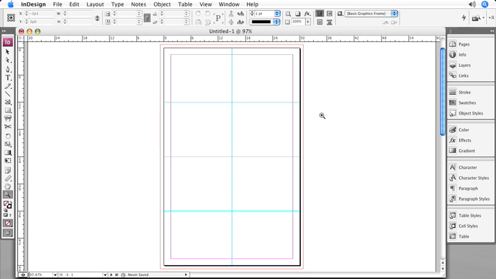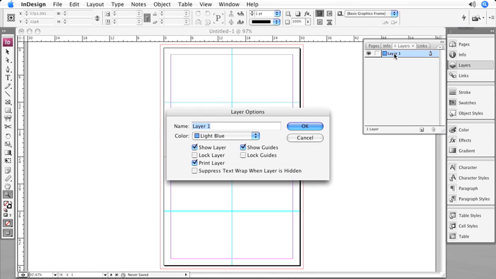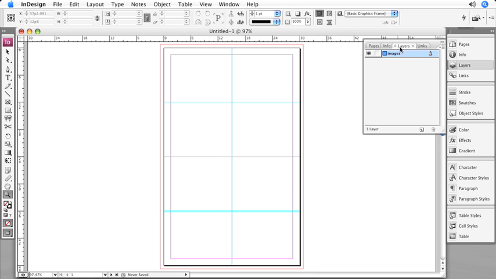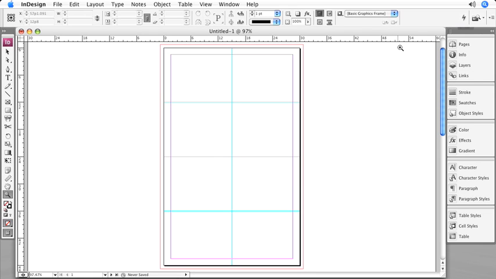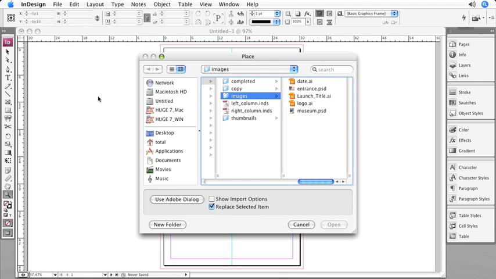Before we actually place an image on this page, just double-click the layer name here in the Layers panel to get the Layer Options dialog box where you can change the name of the layer. And we'll rename this layer from Layer 1 to Images. That will help us organize our file later. So I'll press Return to accept that, dismiss the Layers panel, and now I'll choose File, Place, and let's navigate